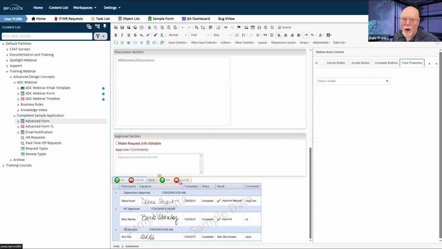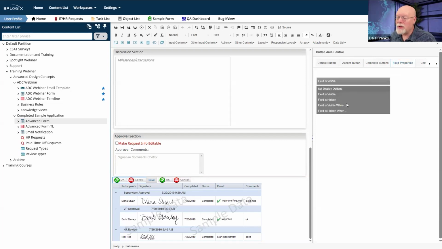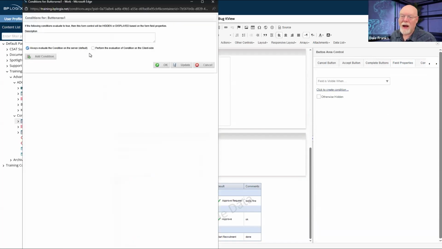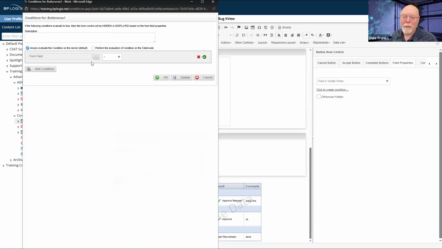I would probably want to have different conditions on here. The reason why I have two is that for this second one here, I'd want to change these conditions for these two activities. Or not activities, but these two controls. So if we go to the field properties for this control, I want this field to be visible most of the time. So I want this field to be visible when, and we can add a couple of conditions here.